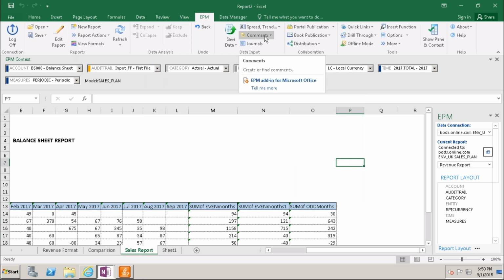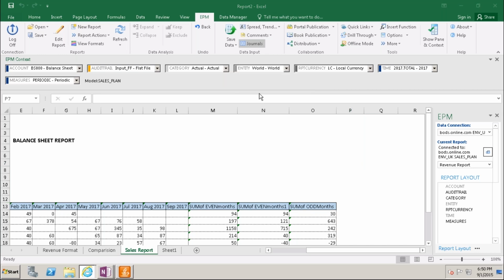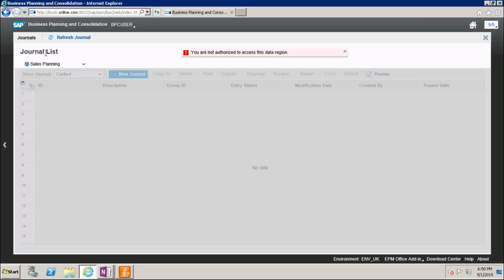No, madam. This comment, I'll explain you. So journals in consolidation, journals we will get. So they can post the journals from here also. So when I click here, that goes to the journal. So from the web it will open for the user. It will open to post the journals from the web front end and the web client.